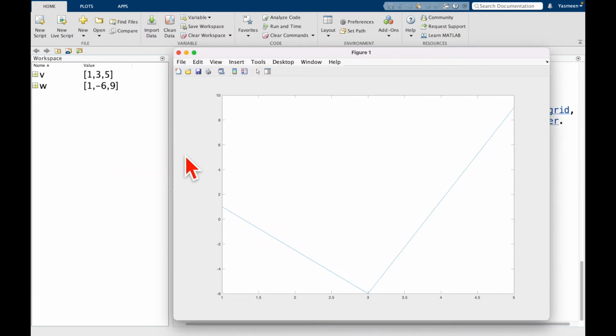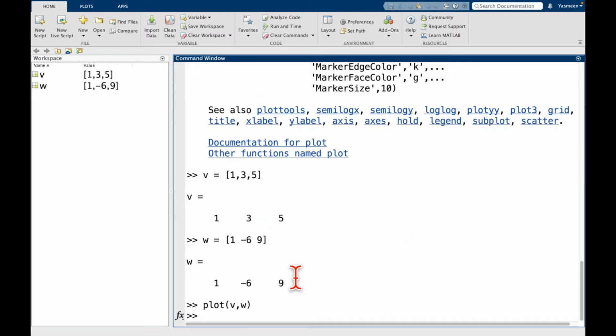And this is also where you can see what I was talking about, MATLAB connecting points with lines. We have these 3 points, and it connects them in the order that we passed them. So we connect the first point to the second point to the third point with a straight line. So that's cool. What if we tried something like this? Now plot,